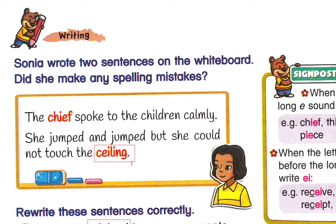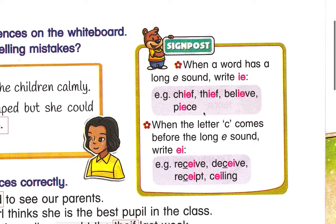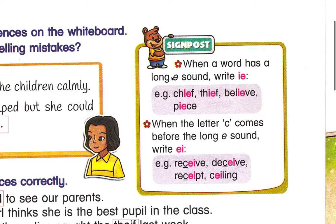我们要怎样的情况之下，我们才要放 EI？什么情况我们要放这个 IE 呢？It's very normal if we are confused. Okay, so now we try to minimize our confusion. 我们把我们的这个乱的思维，关于用 IE 跟 EI 的思维，我们全部尽量减少掉不要乱。Signpost. Okay, look here. When a word has a long E sound, write IE. 通常如果我们很长的这个 IE 我们读成